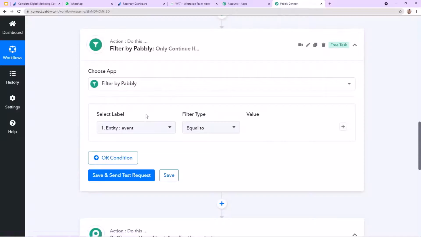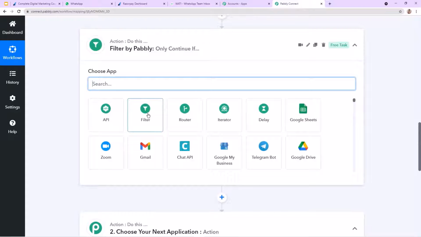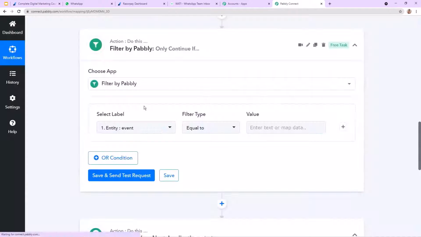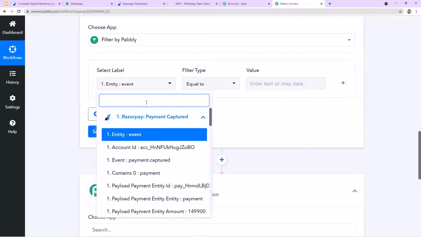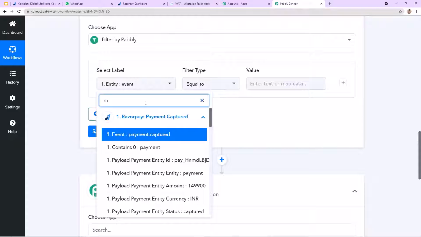So okay, here in the choose app, I choose filter by Pabbly Connect. Here you can see this thing, filter by Pabbly Connect. Okay, so here I am going to choose the entry as amount. Here let's search for amount,